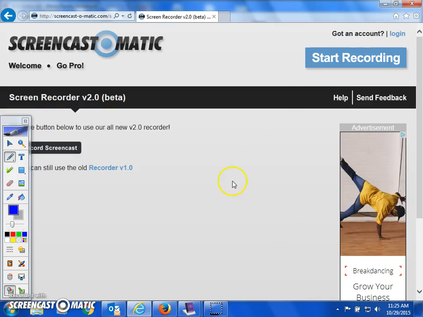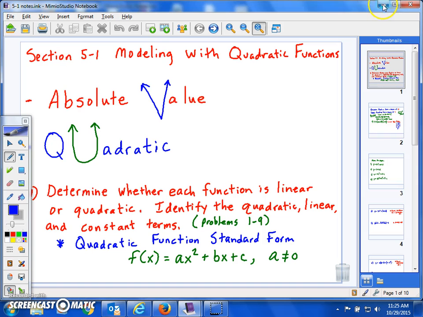All right, today we're starting a new chapter. It's section 5.1, and this entire chapter will involve us working with quadratic functions. And I purposely gave you some unusual spellings of absolute value, and this is something that we're used to because